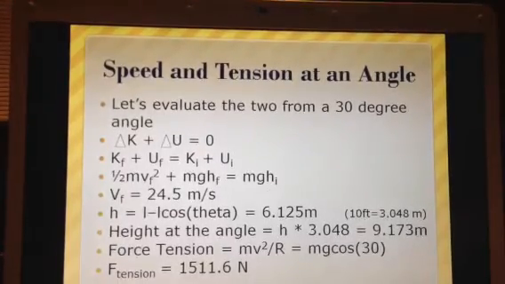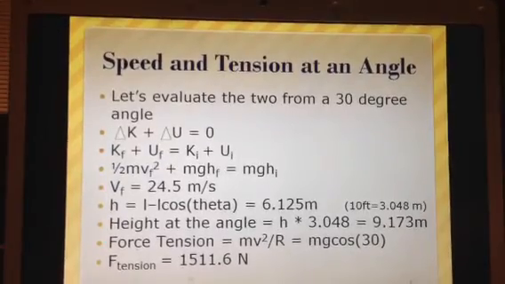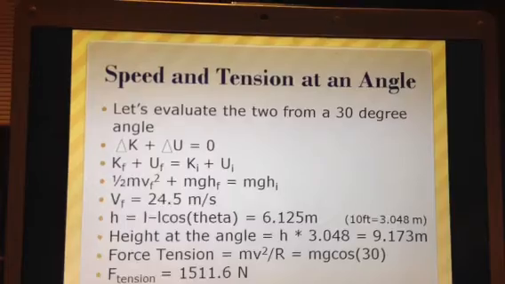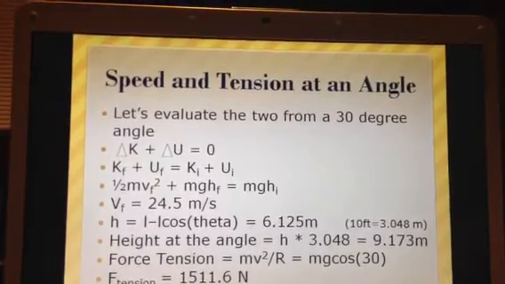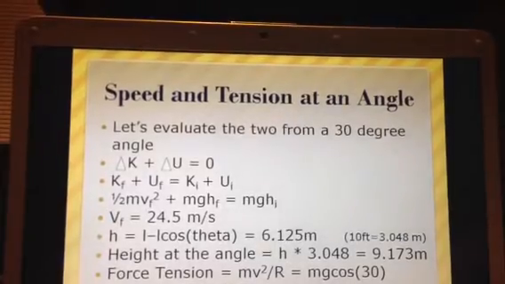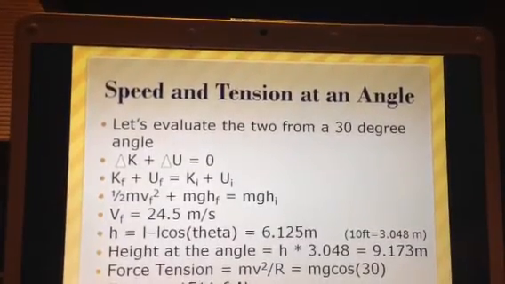The final velocity we get solving that is 24.5 meters per second. So the height is equal to L minus L cosine theta, which gets to be 6.125 meters. We use this from starting at 10 feet, which is 3.048 meters. The height at the angle is 9.173 meters. So we can find force tension to be